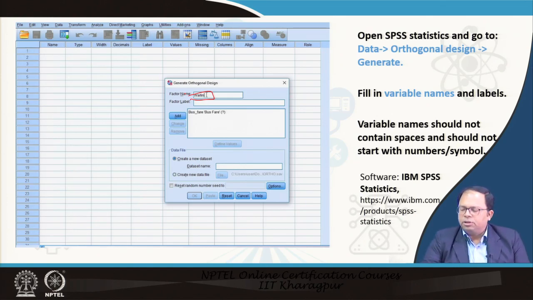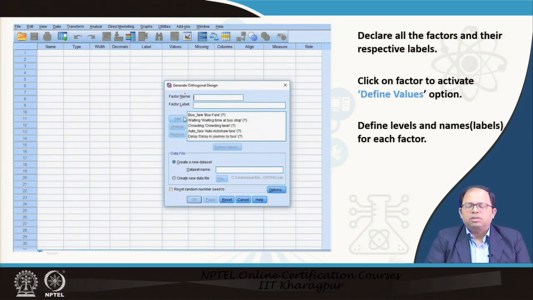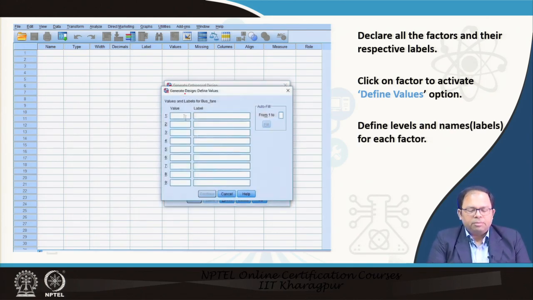Once we have done that, we need to do that with all the other variables, so all the other attributes. Over here we can see that all the factors and the respective levels are being declared. For example, we have got bus fare and waiting time and so on. Once that is done, we have to create the different values for each of these attributes. For example, for bus fare, we have got 3 values. These are the 3 levels, and each one is given a particular name, like same as current. The next one could be 25% increase, and the one after that could be 50% increase. So these are the different levels that we are creating. We can also do an autofill, which means that we don't need to give a label. Automatically the values that we take here would be also filled over here. Once this is done, we need to repeat that for all the different attributes, and then in the next step